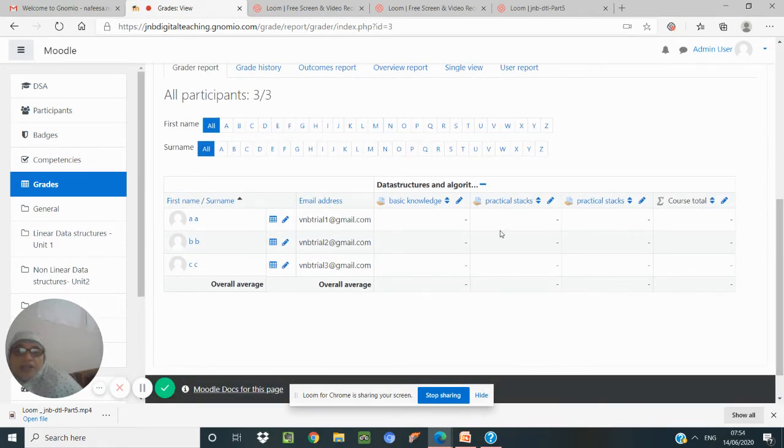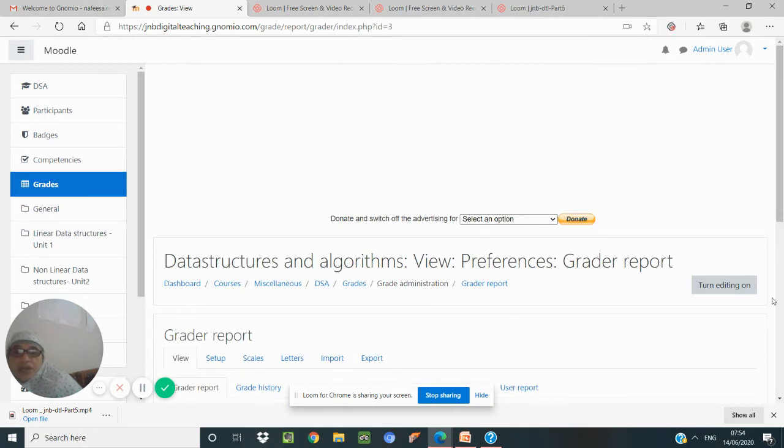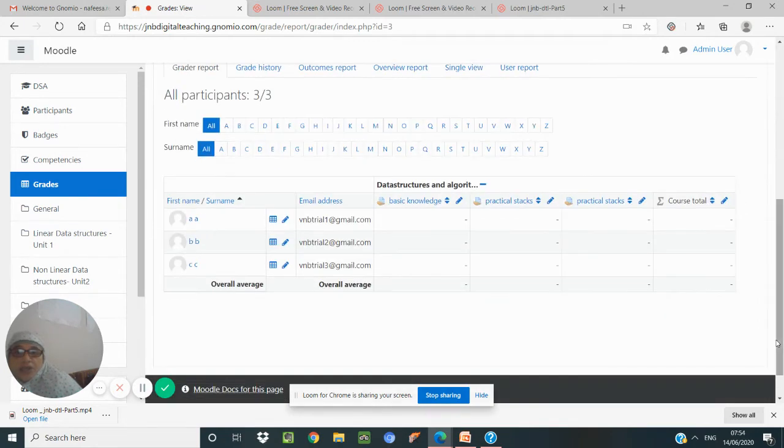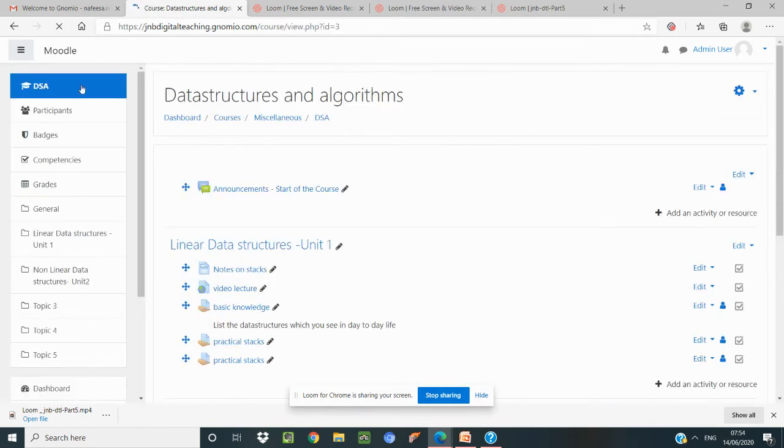What grades they are getting, we can put it here. As we explore, we can see so many options available. Grade history, we can change the grades, how it is represented, all those things, we can customize as per our need.